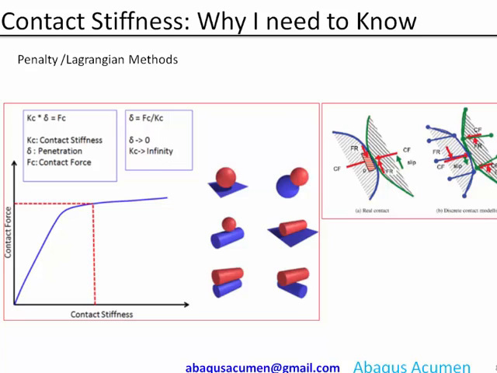Now, how do we get this contact stiffness? It is very important. If you put in a contact spring and start increasing the contact stiffness, the contact forces also increase with the contact stiffness. Then at one particular point, if you change the contact stiffness, there is not much change in the contact force. That is your ideal contact stiffness for your two bodies in contact.